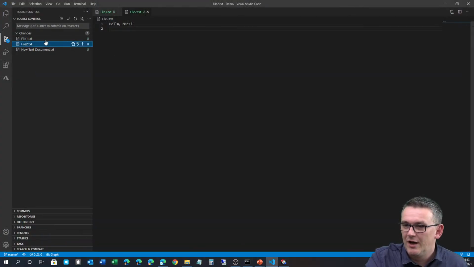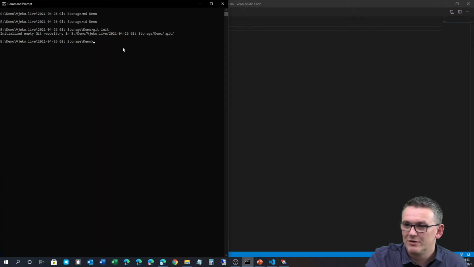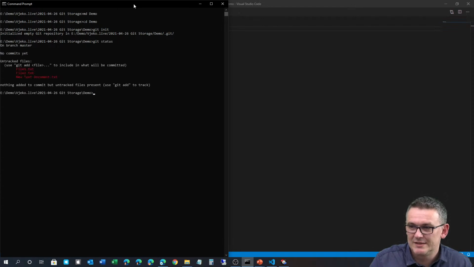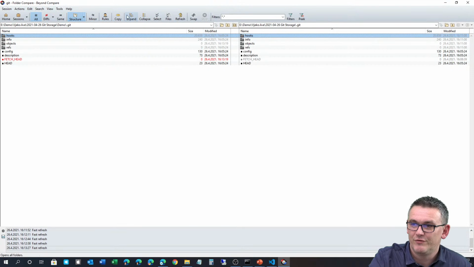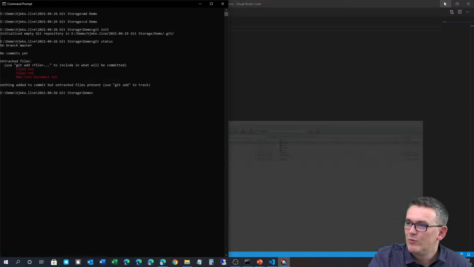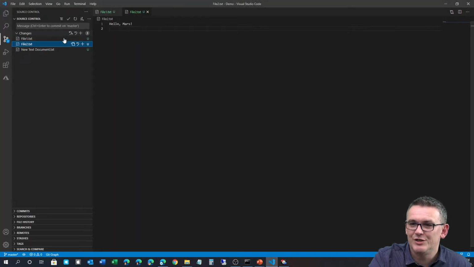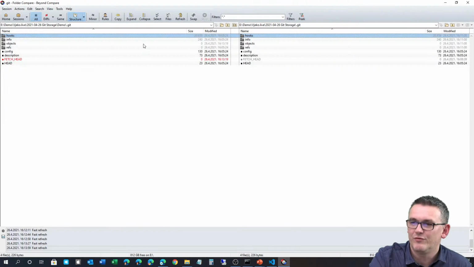But also, if I, for example, go back to my view and run git status, I can see that I have these uncommitted changes. And still, if I go back to my repository view, nothing much will have changed. But what will happen if I actually stage those two files? So I'm going to stage this file and this file, and then go back to my Beyond Compare view and